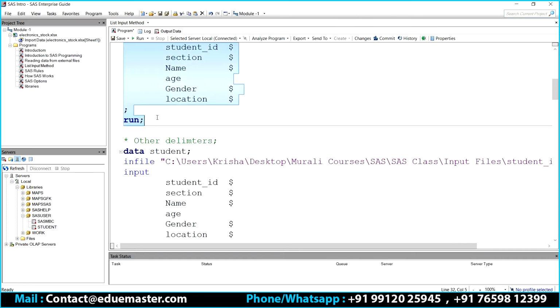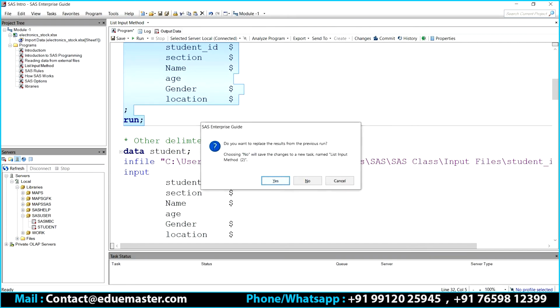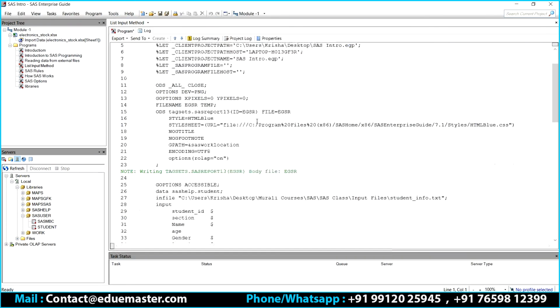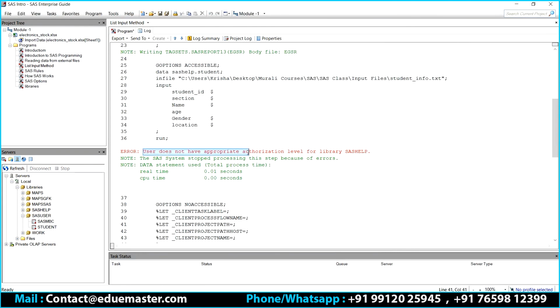When I run this, guys, you get an error. Can you see the error? User does not have appropriate authorization level for SASHELP. That is, you don't have write access to it.